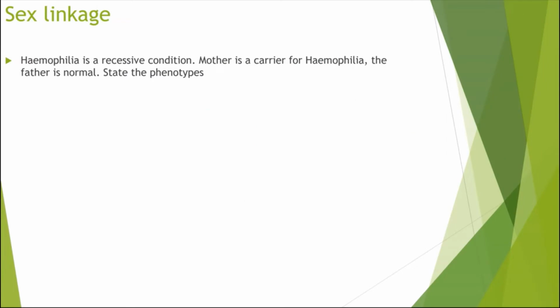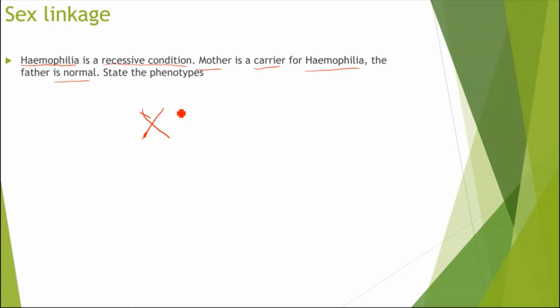Alright, so just going through an example now. It's told me that hemophilia is a recessive condition, and in this case the mother is a carrier for hemophilia, whereas the father is normal. So state the phenotypes. In this case I'll be looking at my alleles. It's told me the mother is a carrier, and because hemophilia is a recessive condition, the mother must be X